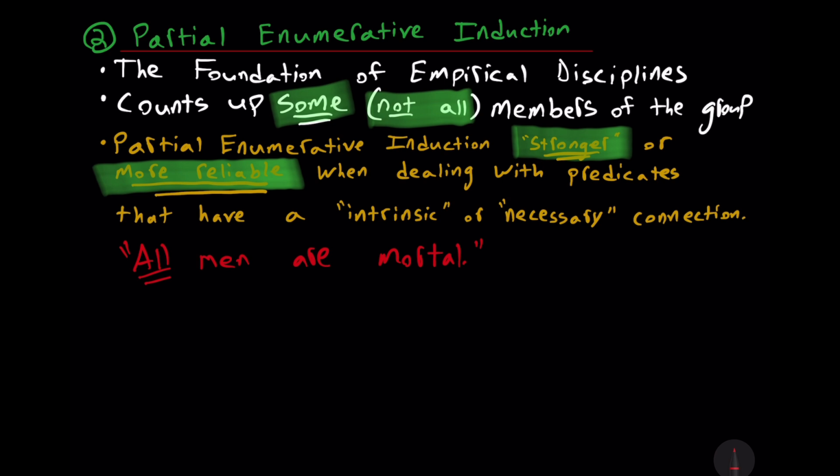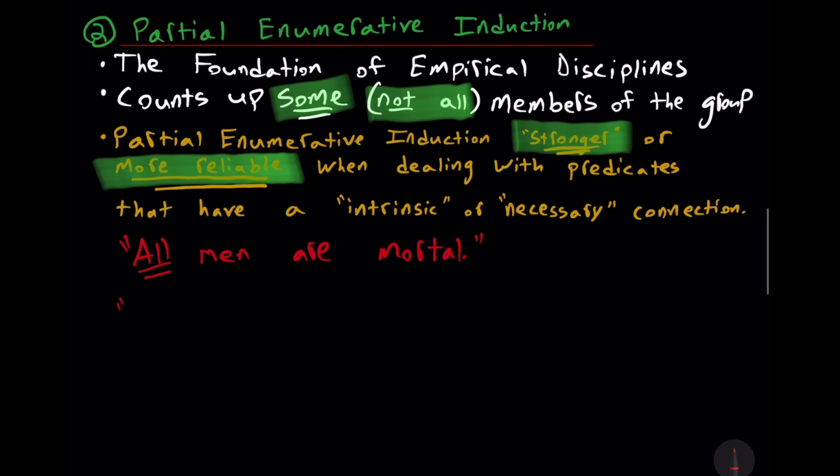Well, one thing is for sure, we need a sufficient number of cases observed. But what is a sufficient number? That's actually a tricky question. It depends. One thing we can say is that sometimes we don't need a huge sample. Other times we do need a big sample to be more or less sure of our inductive inference. How about this example? Water, or all water, is H2O. Now, these two examples are very, very different from finding out all the members of the household are agnostic. And that's because we're dealing with some kind of intrinsic, maybe even necessary connection between the subject and predicate.